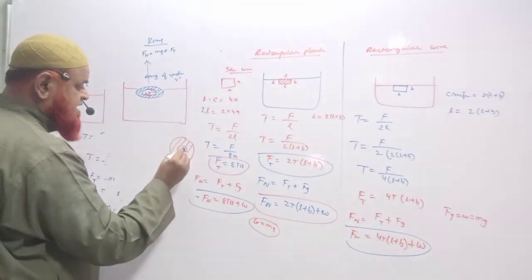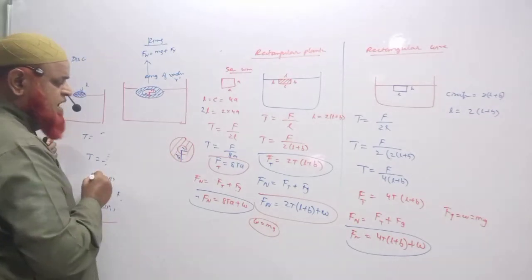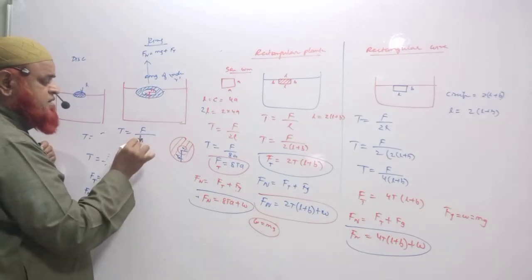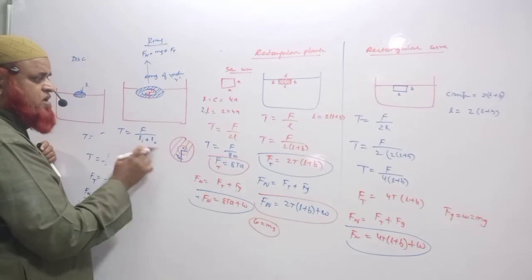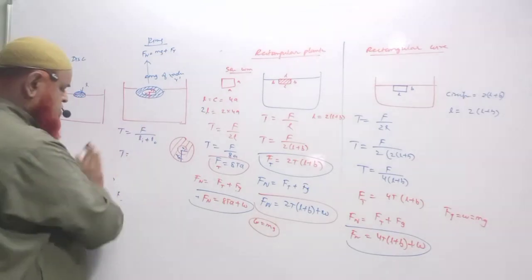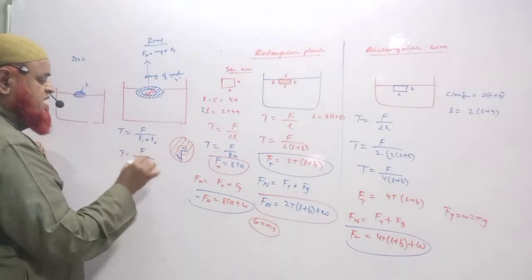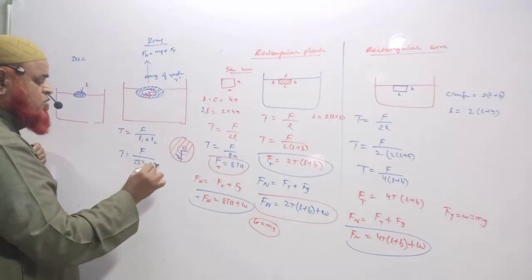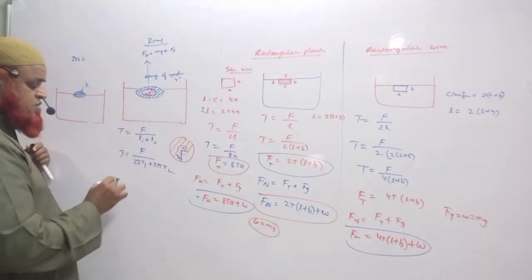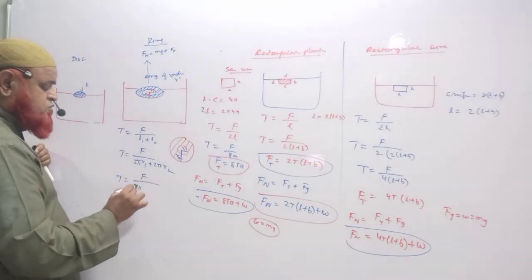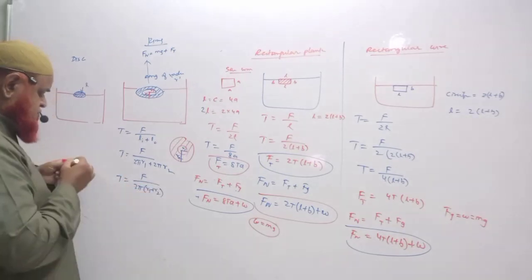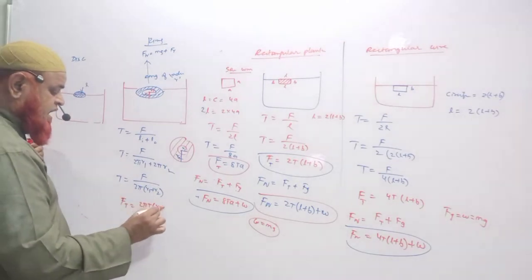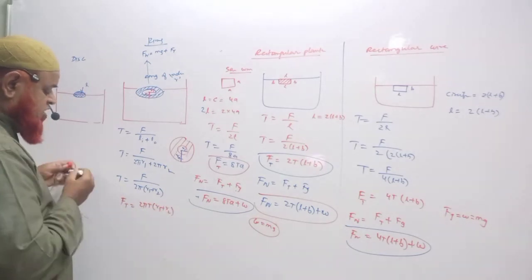So if the inner radius is taken as R1 and the outer radius as R2, then tension will become force by inner length plus outer length. Both lengths you have to consider here. So tension is equal to force by inner length, which is the inner circumference 2 pi R1, plus the outer length, which is the outer circumference 2 pi R2. Therefore, T is equal to F by 2 pi, if you take common, (R1 plus R2). Therefore, you will be writing now the force due to tension is equal to 2 pi T (R1 plus R2). This is the formula we get.